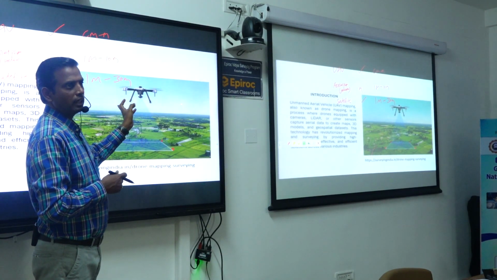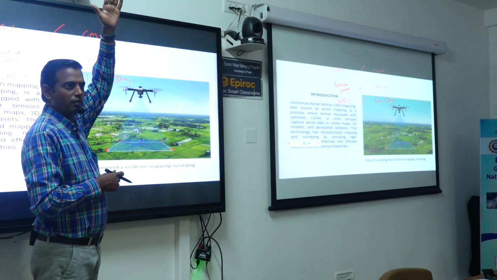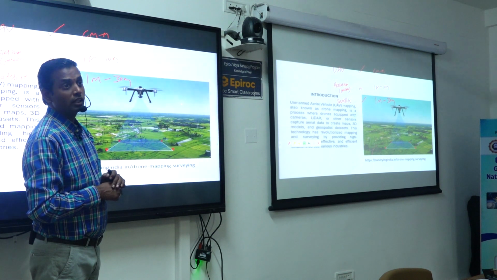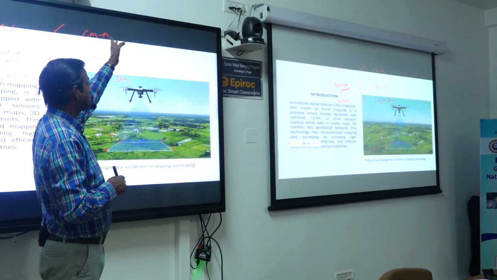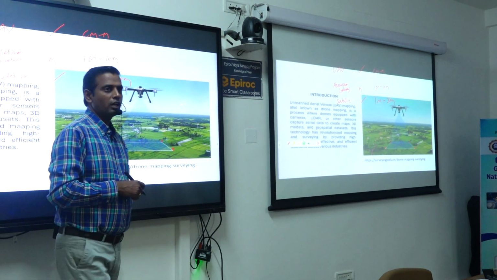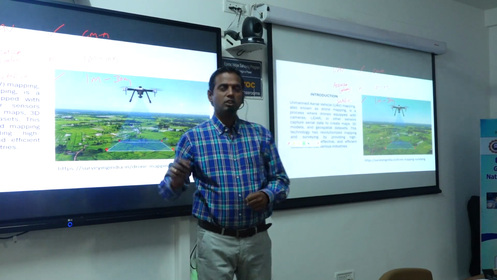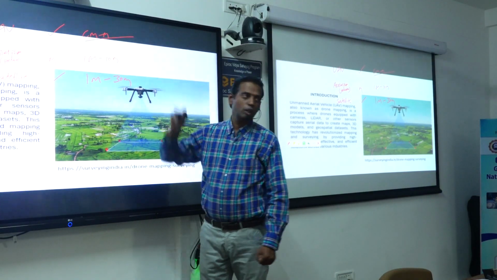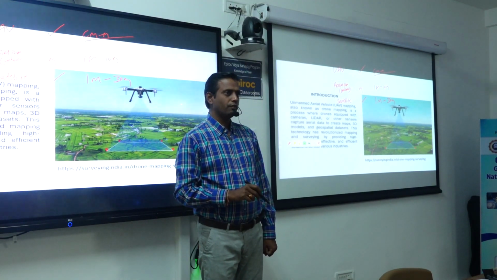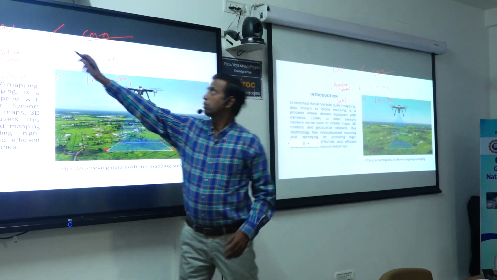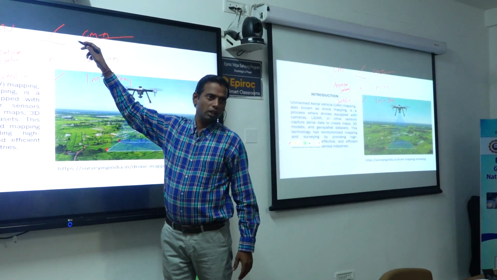Why? Because the satellite captures from a height of 700 to 900 kilometers altitude. But the UAV is capturing at almost 100 to 200 meters, otherwise less than 1 kilometer. Obviously, it will give you a better accuracy. If I can capture the geographical features in an accurate manner, the cost is also less, and even though it is